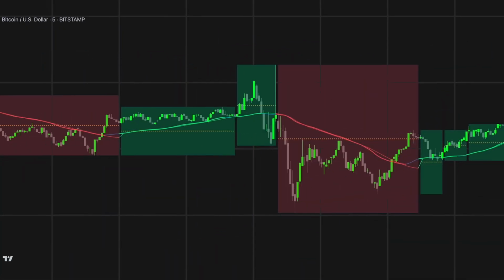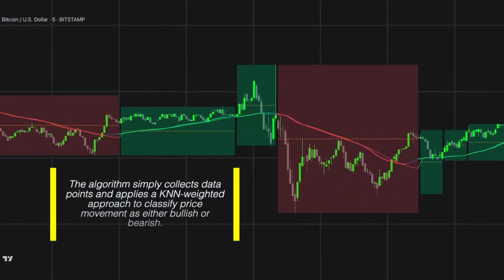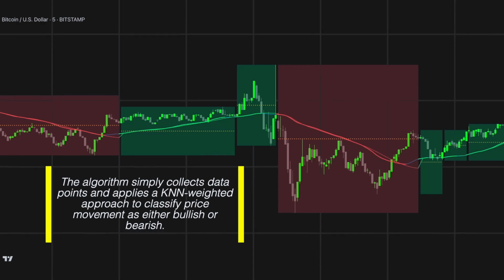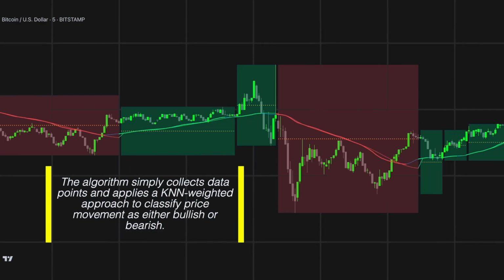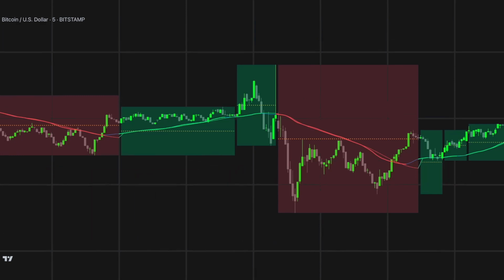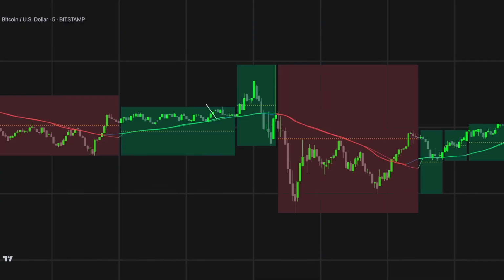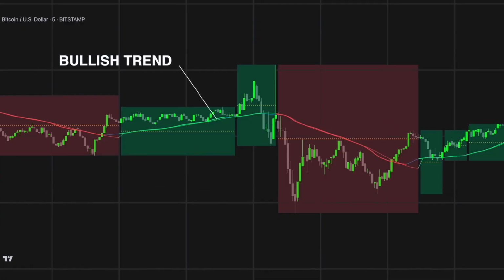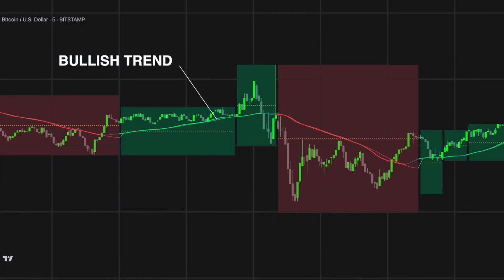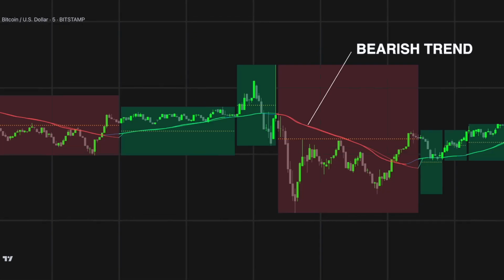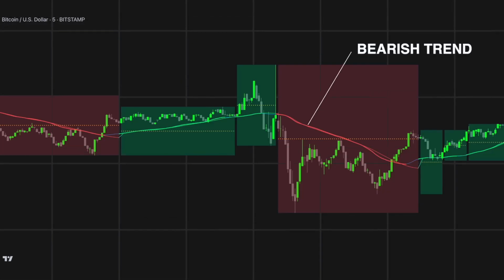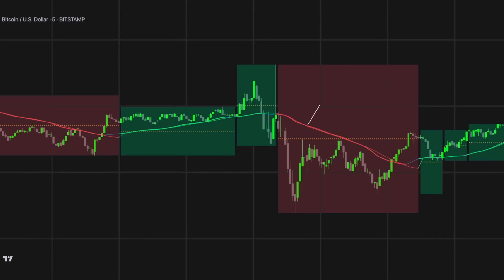Here's how it works. The algorithm simply collects data points and applies a KNN-weighted approach to classify price movement as either bullish or bearish. For each data point, the algorithm checks if the price is above or below the calculated moving average. If the price is above the moving average, it's labeled as bullish, and if it's below, it's labeled